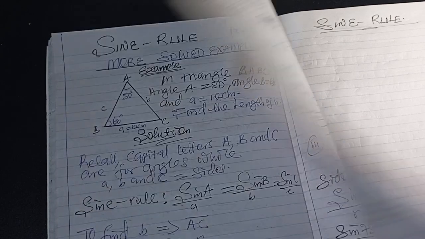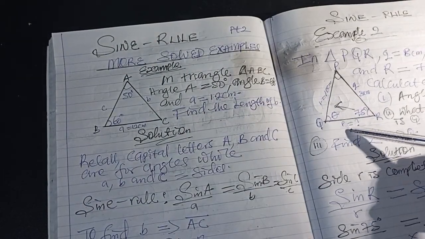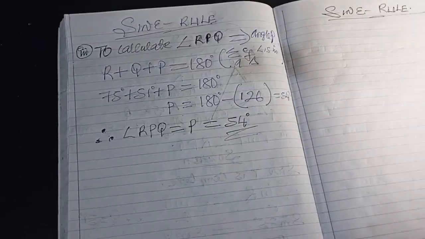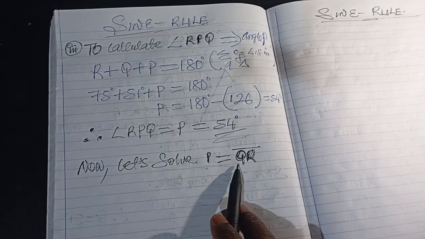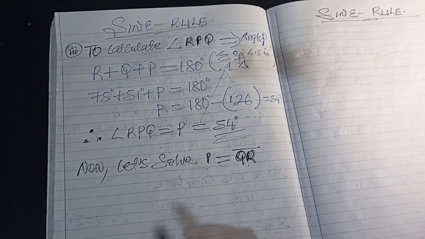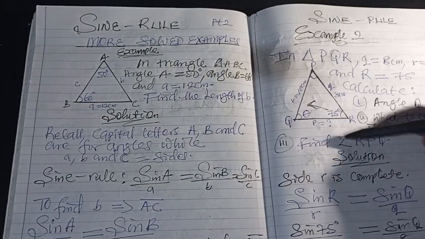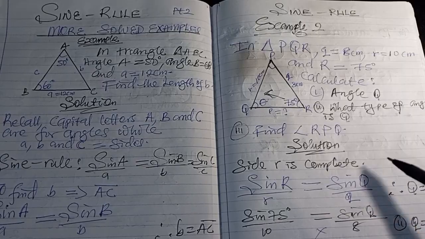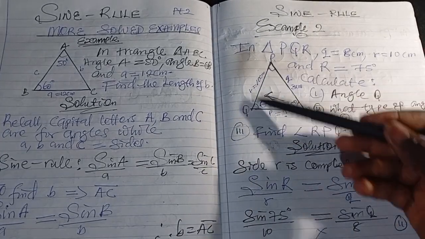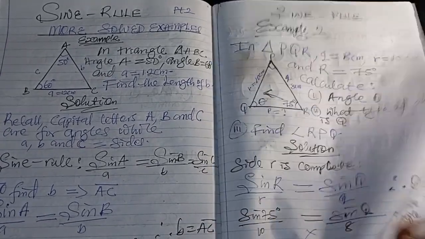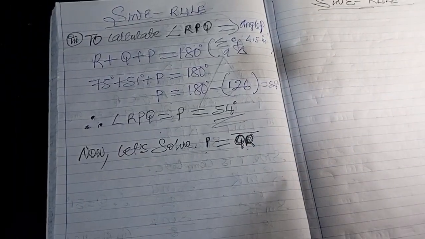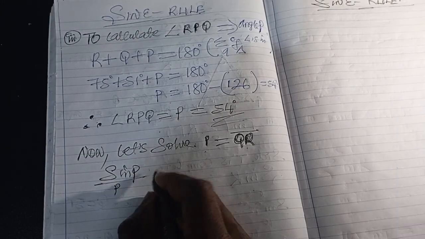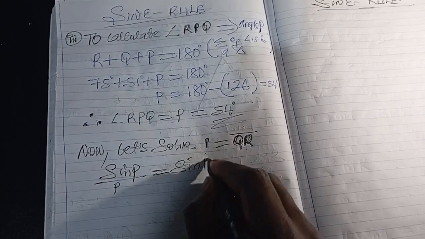Now, next thing I would like us to do is to calculate the remaining side, p. Alright, we have solved this particular triangle completely. So let's solve p, which is QR. Now, if we calculate this, it implies that we have solved this particular triangle completely using sine rule. So when you are required to solve a particular triangle completely, it implies to find both the angles and all the sides. Alright, so we can have sine P over small letter p is equals to sine R over small